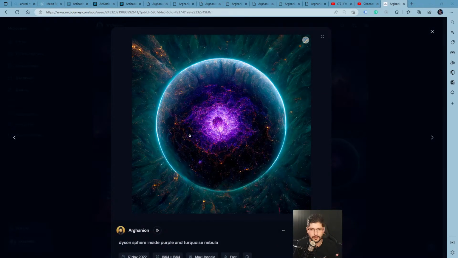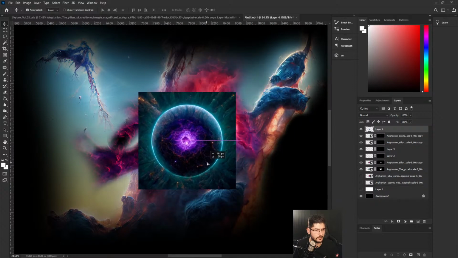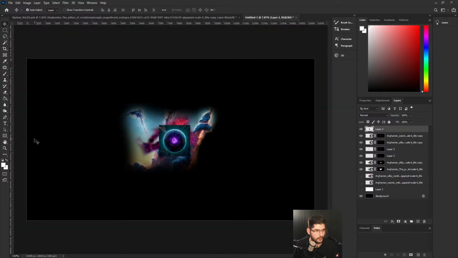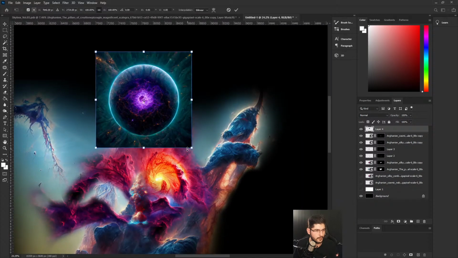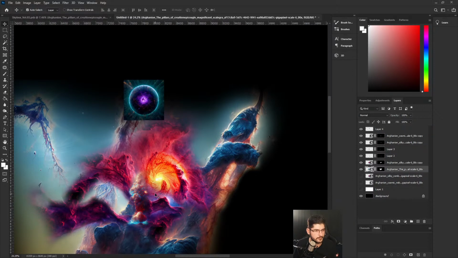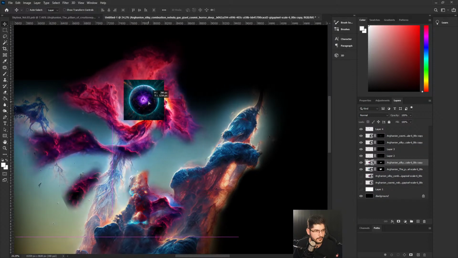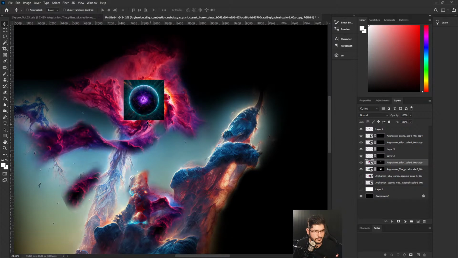I believe I can just copy it, and then go in Photoshop and paste it. So I've just added an element in here, right? This is the skybox, this is the center line, so I could potentially just put it up here. Obviously I haven't scaled this with Gigapixel or anything like that, but we should be okay for this particular example. If I stop the auto select and put it like that in there,